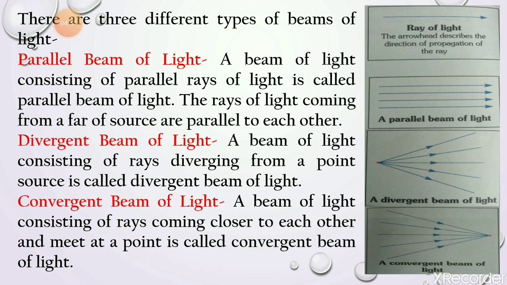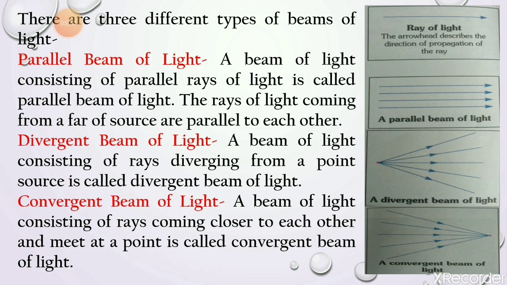In the next one, you can see this is the diagram of a convergent beam of light. So what is a convergent beam of light? Suppose light rays are coming very close to each other and they are meeting at a point. As you can see in the diagram, light rays are coming from different sources but they are meeting at one